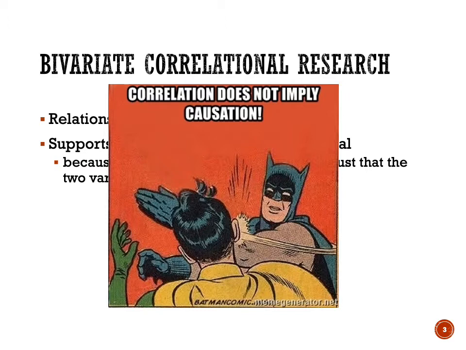The standards for causation are pretty high. As we discussed in the claims and validities lecture, in order to establish causation, the variables do need to be correlated, but you also have to establish temporal precedence. One has to come before the other, and you have to rule out confounding variables. So nonetheless,